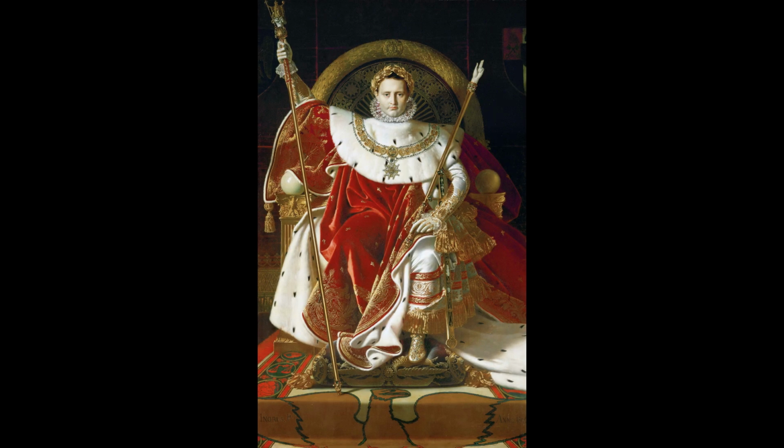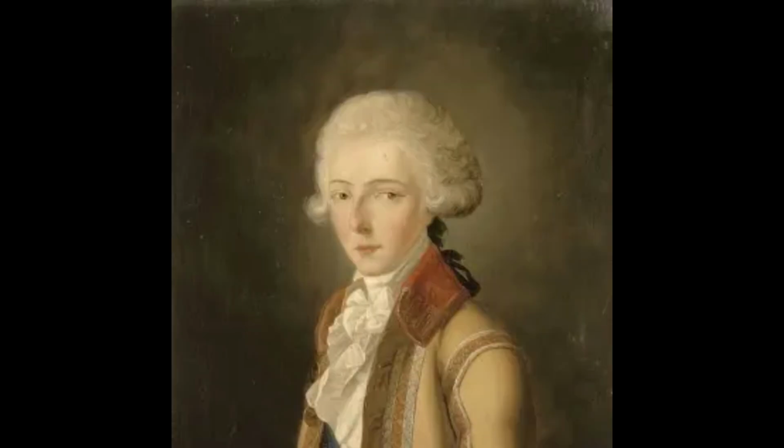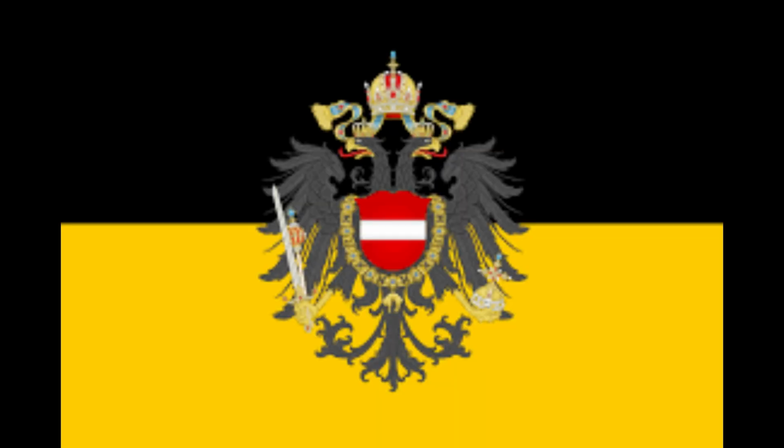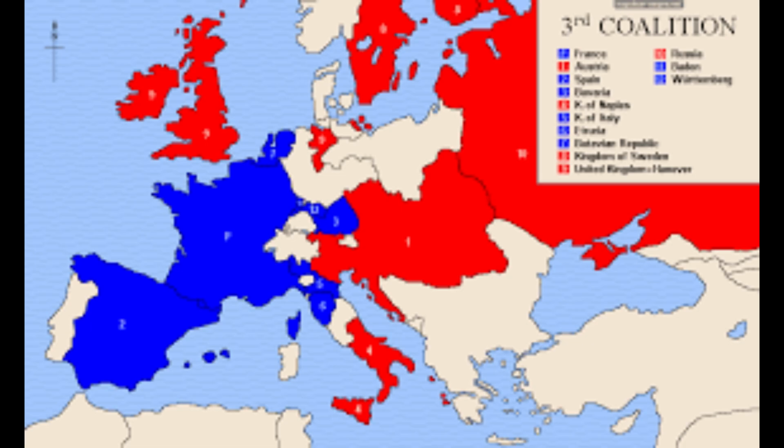Our story starts in 1804, where Napoleon crowned himself Emperor of the French. Soon after, he executed a French royal named Duc d'Enghien, who was a former French royal from before the French Revolution. This really angered Austria and other monarchies, because first of all, they wanted an excuse to get back at France, because the French and Napoleon had beaten them badly in the first two coalition wars. They also feared for their own safety as monarchs if the French spirit of revolution came to them. Therefore, the coalition, yet again, for the third time in a row, teamed up to fight France.